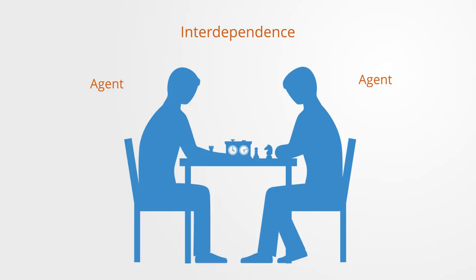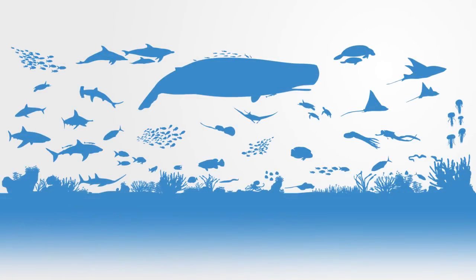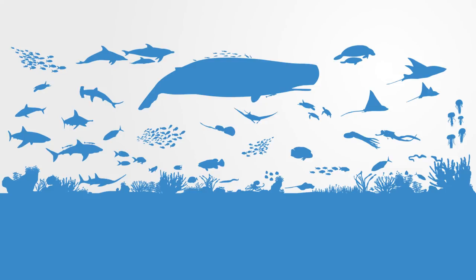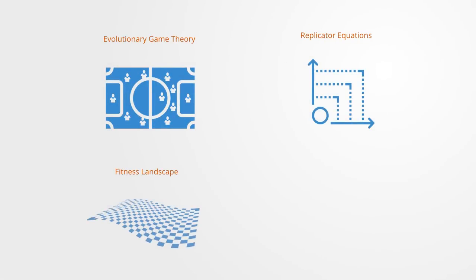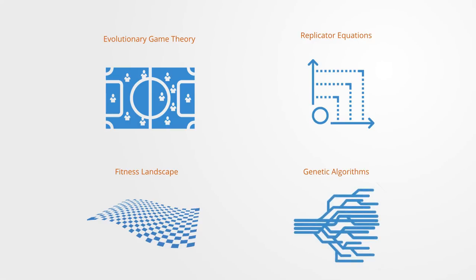When the idea of adaptation is generalized to a whole population of agents and takes place over a series of life cycles, it can be termed evolution. And the theory of evolution is one of the major contributions that ecology has made to complexity theory. We now have a number of different models for understanding evolution, including evolutionary game theory, replicator equations, fitness landscapes, and genetic algorithms, among others. This is an area that has grown out of cybernetics, computer science, economics, and ecology.